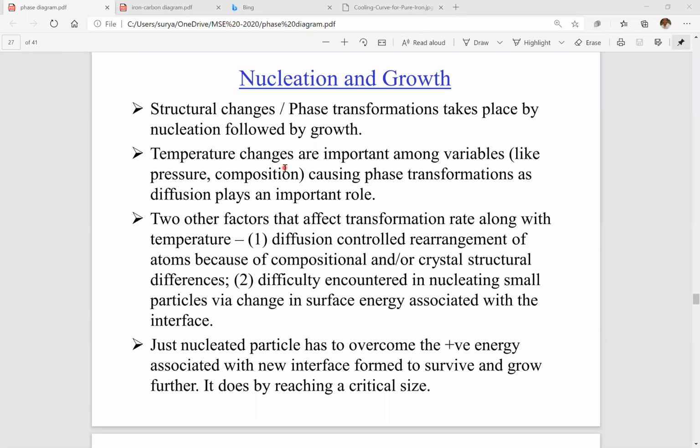The factors or variables which affect the structural changes or the phase transformation, as we have already discussed, are temperature, pressure and composition. These three variables are responsible for the phase transformation as well as the diffusion. Along with these three,